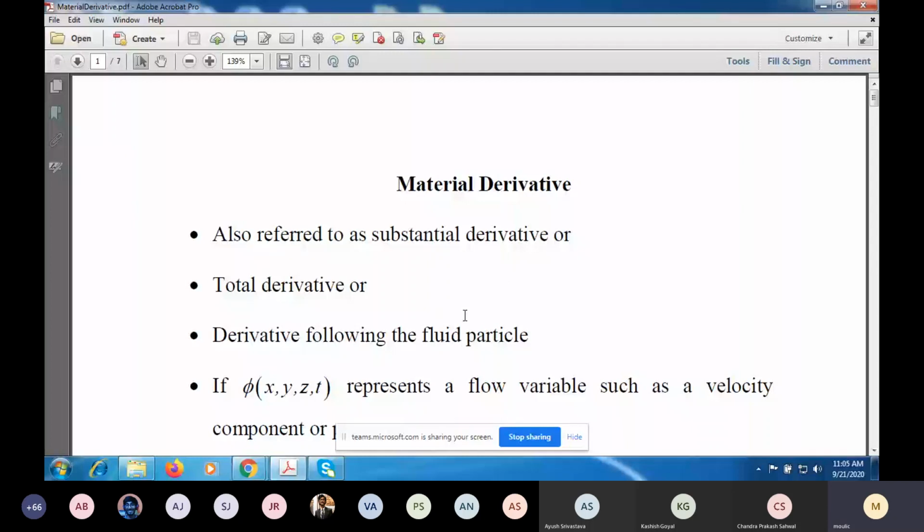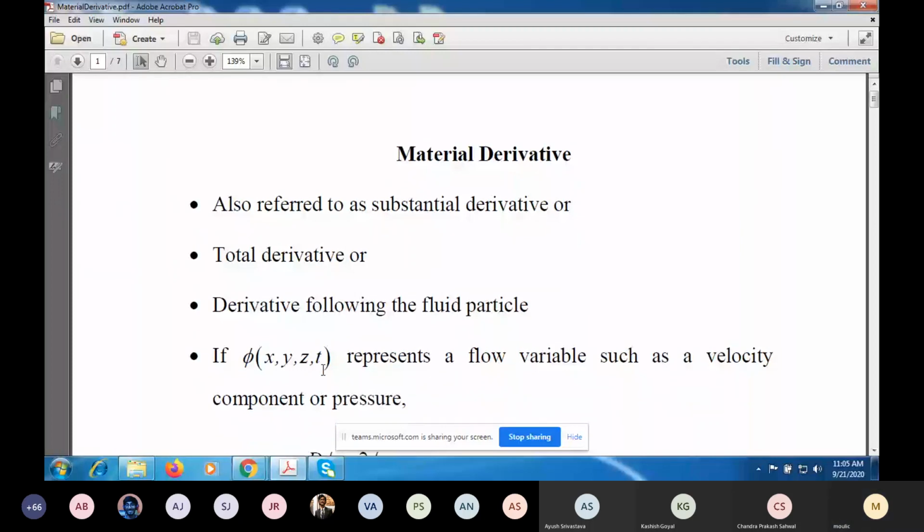The term material comes from matter. So material derivative means derivative for an infinitesimal piece of matter which remains the same as the particle moves. And this substantial, it comes from substance. It means that the substance is the same. And it is also called total derivative. The reason being, for a given particle, if you look at the x, y, z coordinates, they are functions of time. Okay. So phi x, y, z, t is the Eulerian description for a flow variable such as a velocity